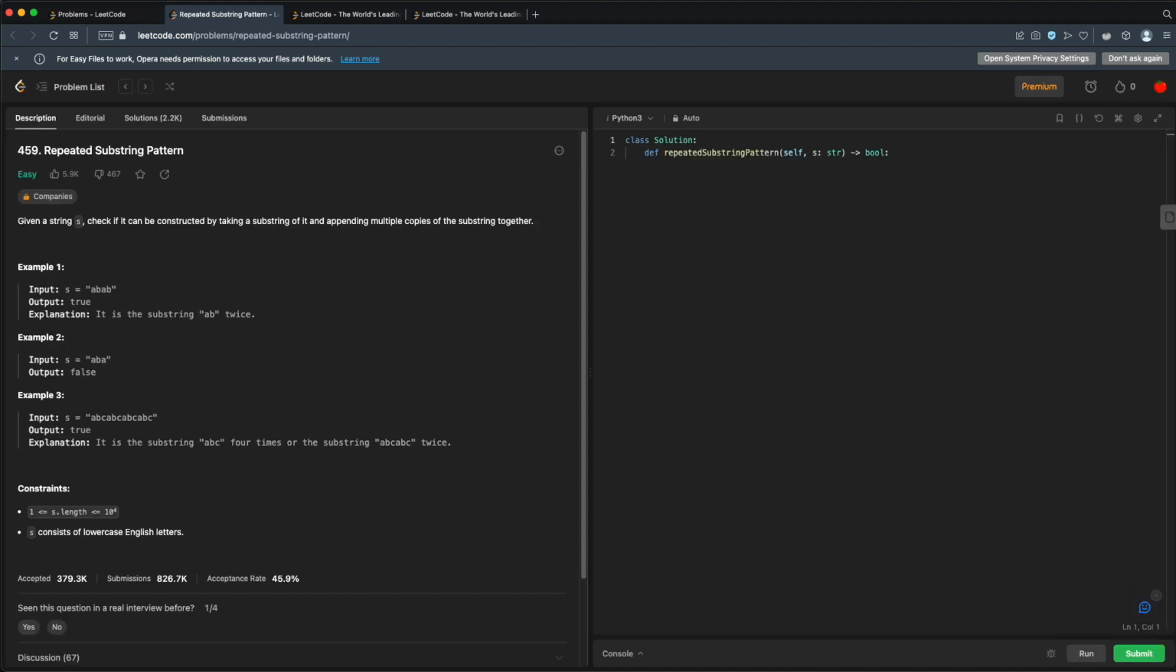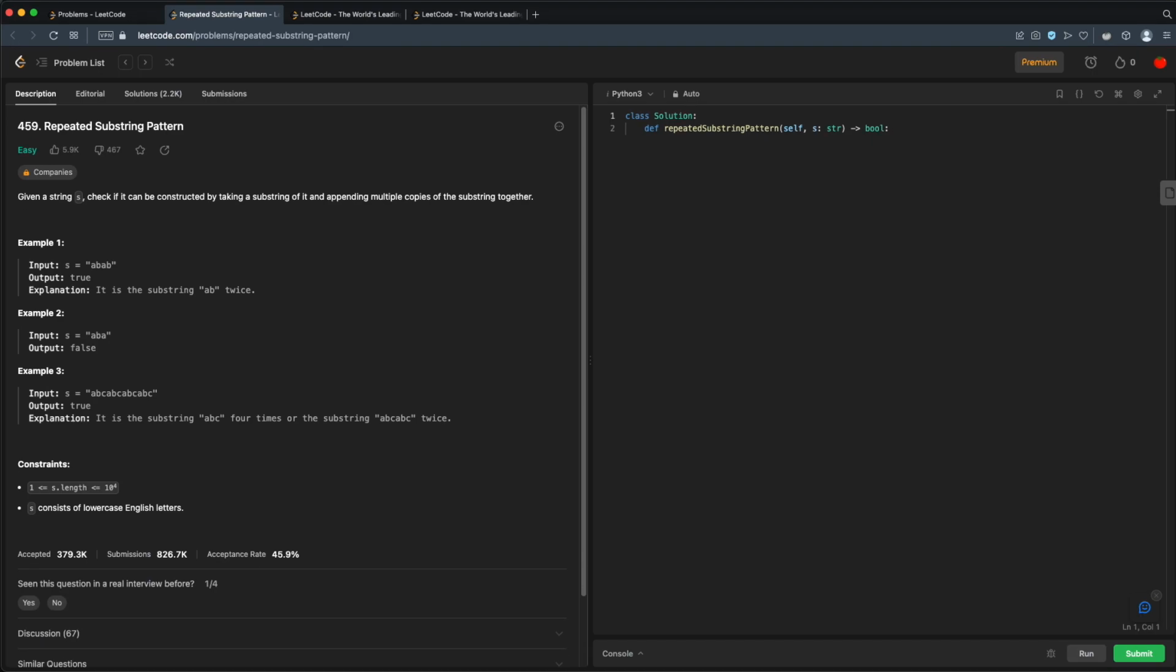Today we're looking at LeetCode problem 459, repeat substring pattern. This is an easy problem. Given a string S, check if it can be constructed by taking a substring of it and appending multiple copies of the substring together. All right, so our examples here, we have ABAB, and this is true